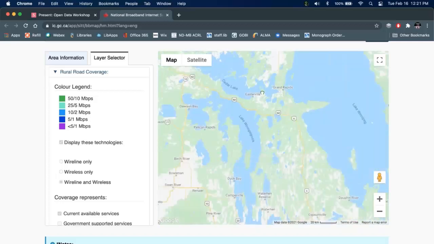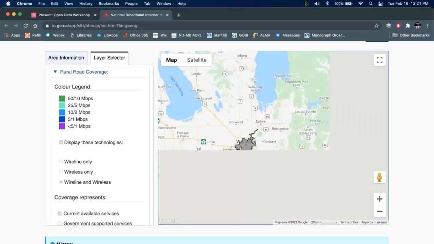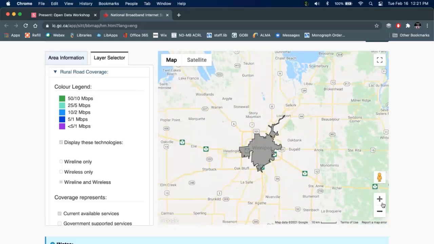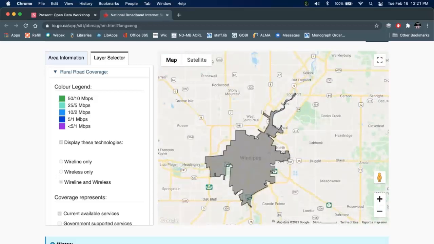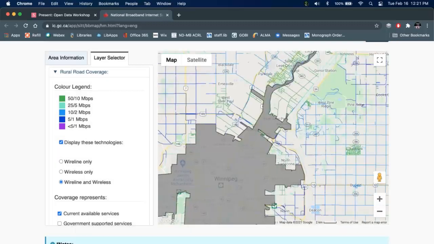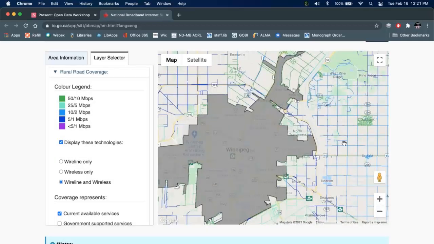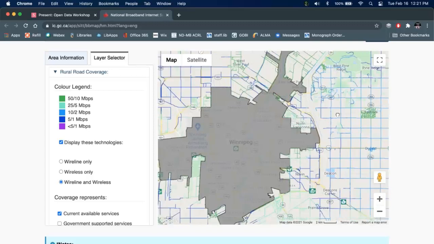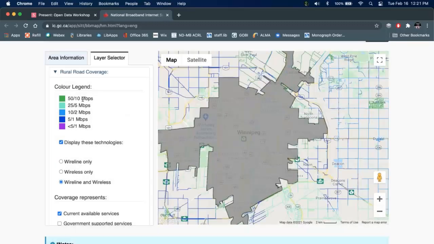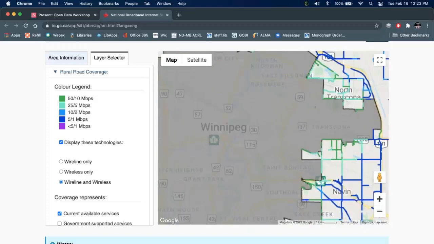Let's see, if we go down to Winnipeg, it's a big population center. It might not show it because of its size. Let's see. And you can see it's mostly blue around the city, and it's not showing it because it's part of the city, but it's definitely in the green. You can see down here there's green on the roads. So